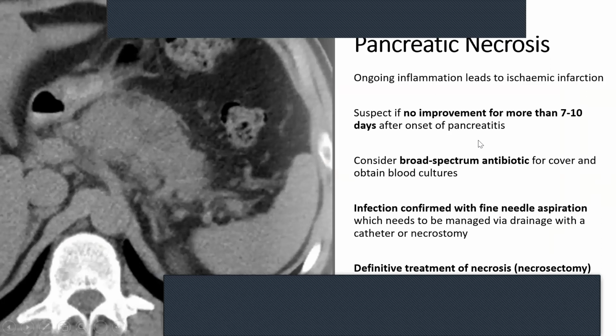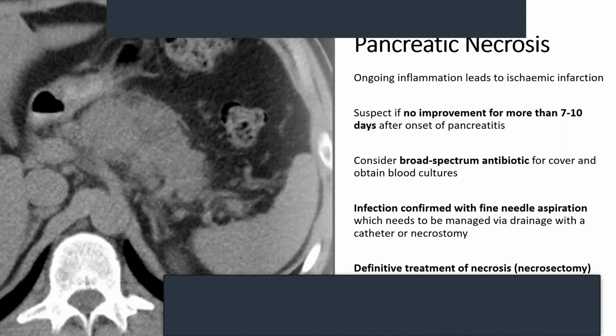So what is pancreatic necrosis? Acute pancreatitis that leads to an ischemic infarction. You should really start suspecting this if there's no improvement for about 7 to 10 days after the onset of pancreatitis. Often you might also need to consider broad spectrum antibiotic cover and obtain blood cultures, because if you think about it, if there's an area of necrosis, it's a very opportunistic nidus for bacteria to attach to